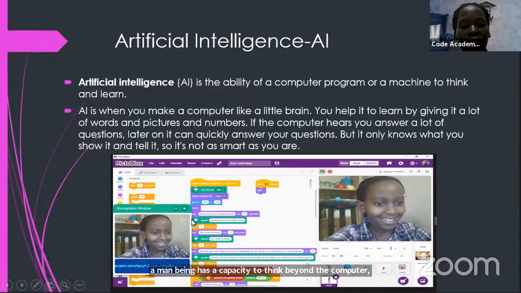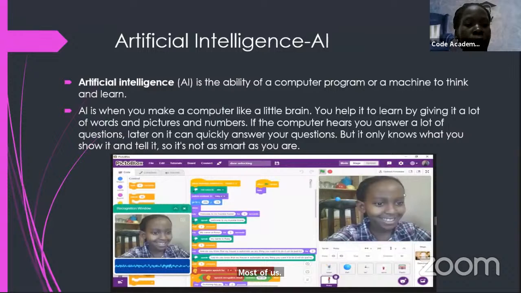This is Fantasia. Scratch AI. She was trying to design a project, basically using text speech recognition. You get it? Most of us, if you're using a computer, if you want to search something, it can tell you.